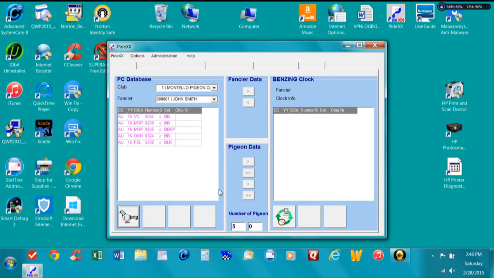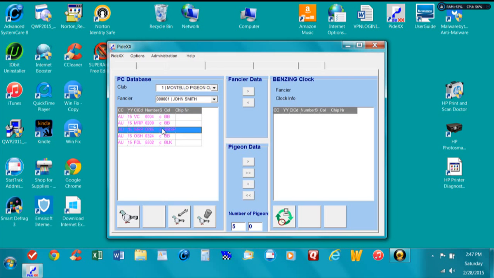But now, once you get these created in here, you will need to hook up that flyer's clock to the system, where the clock goes to the club system to the computer. You will click on this little readout clock here. All of the birds that are in the clock will display in this right box. And then as you link these 5 birds and give them chips, you will see a button show up in here, a pigeon with a green chip. You will click on that, and then you can take the chip, which I put in an envelope, over the antenna, and it will link 0004 to that chip, and 0200 to that chip, and 0205,